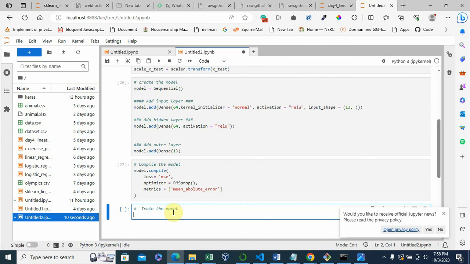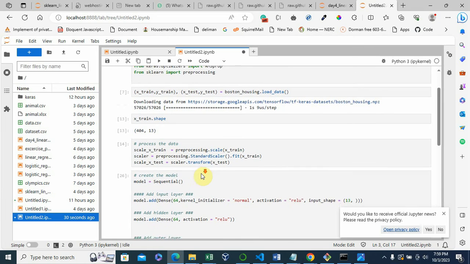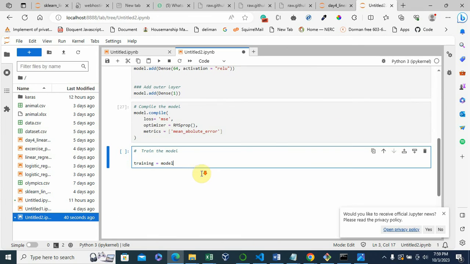So let's say we pass in a variable called training, which is equal to the model. So just like in your scikit-learn, because this is also built on scikit-learn, all of them bundled together, you're going to be using fit.